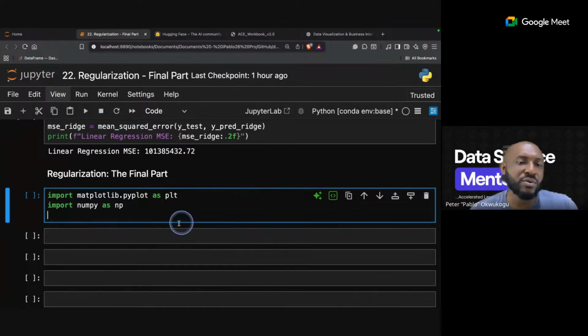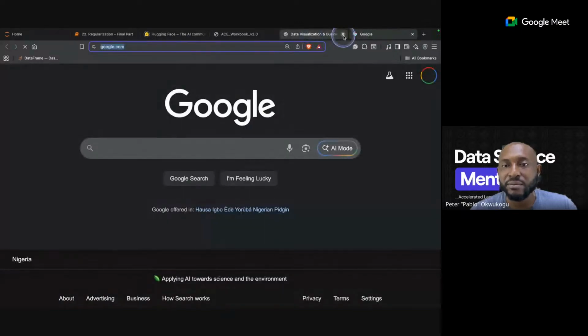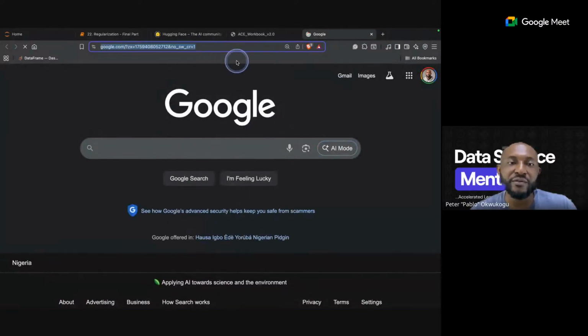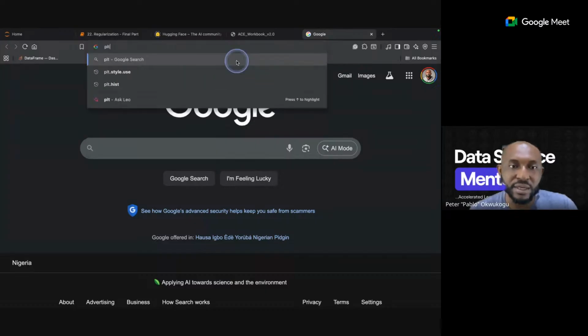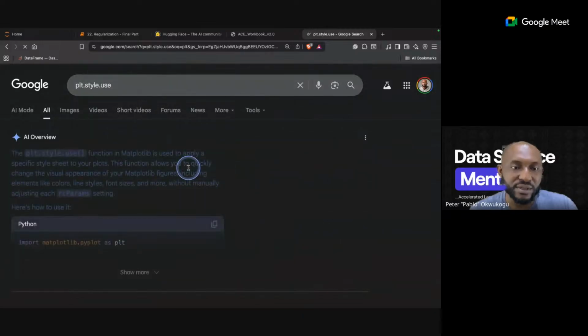One more thing I would want to do is plt.style.use, which is a way to give your charts a good-looking background.